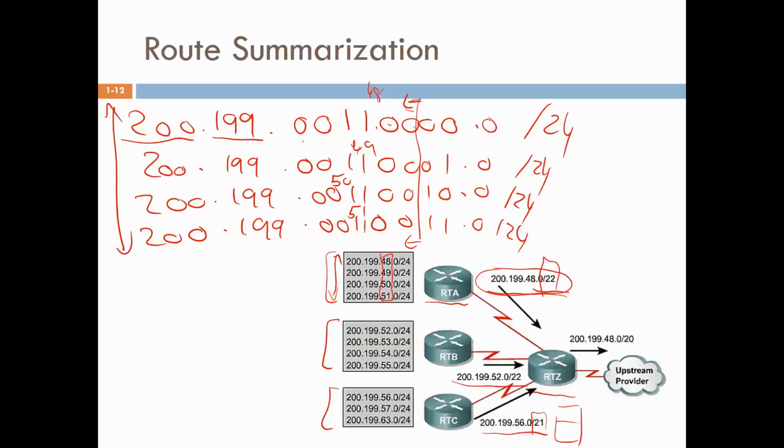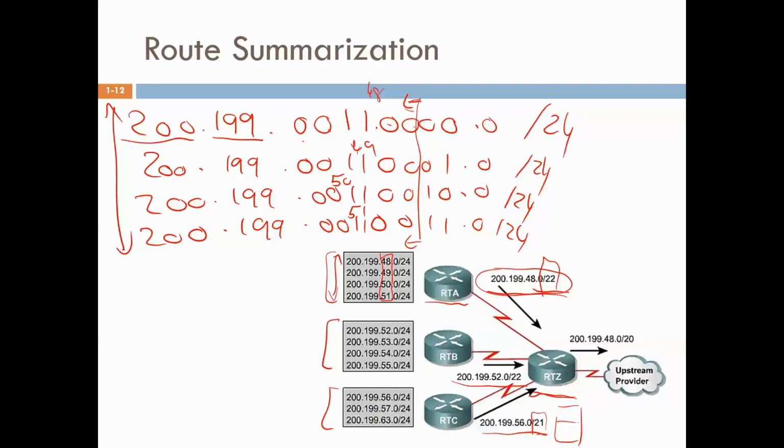There is a difference in the bits between 56 and 57. And so if you convert those to binary, you will find that the only common bits between the 3 addresses are only actually the first 21 bits. This is why we summarize as /21. It doesn't actually matter whether you summarize as /21 or /22. You just find what are the common bits between all the subnets that are connected to the router, and these become the announcement. Now, router Z will receive the 3 announcements from routers A, B, and C, and it will